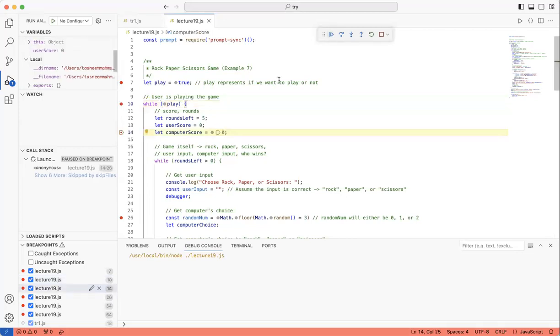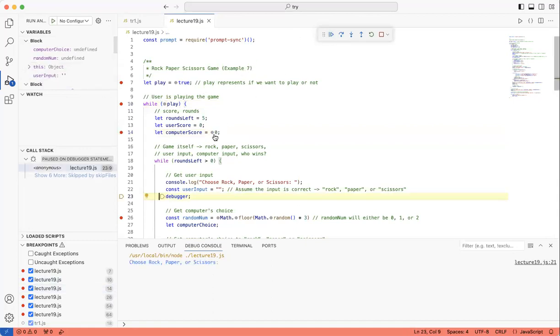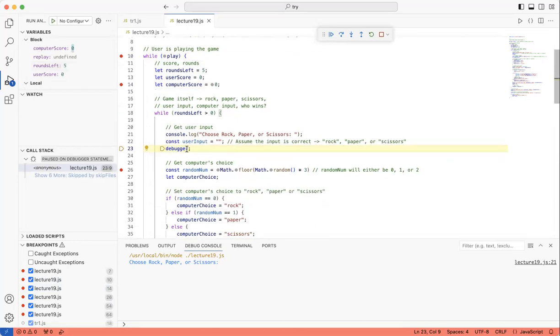Then when I continue it, it changes these variables to their assigned values. In this case, 5 and 0. If I continue it again, it's going to change the value for computer score to 0 as well because it's being assigned 0. Now, in this part, what the debugger is doing, it's stopping and letting us put an input.